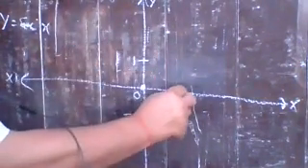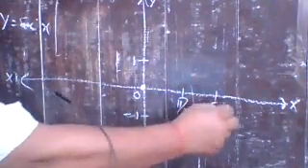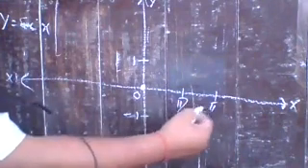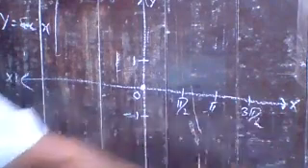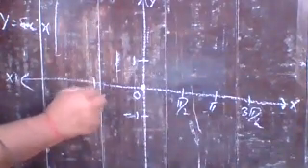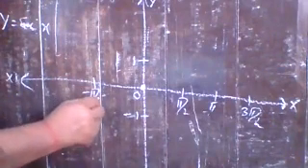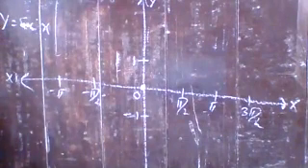Understand? Now, suppose here you take pi by 2, which is the first quadrant. Here you take pi, and pi by 2 to pi is your second quadrant. And again, here you take 3 pi by 2 and stop. In the same way, in the negative direction, suppose you take minus pi by 2, and here you take minus pi.